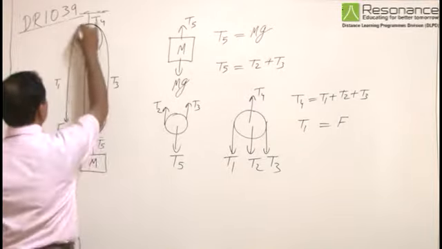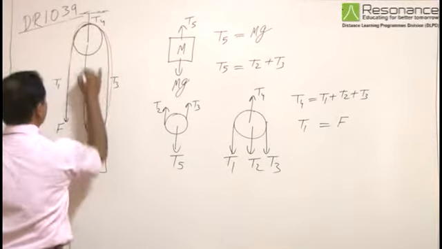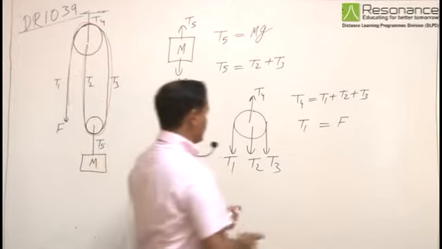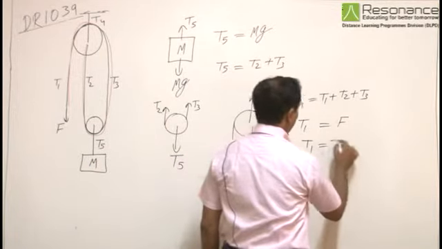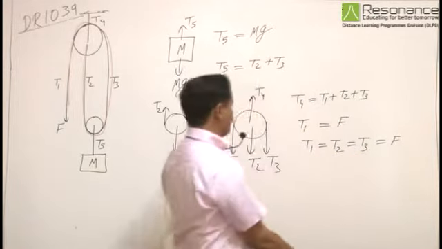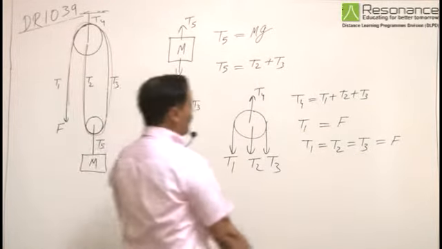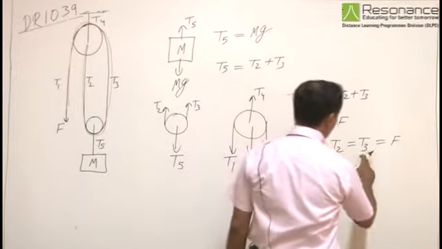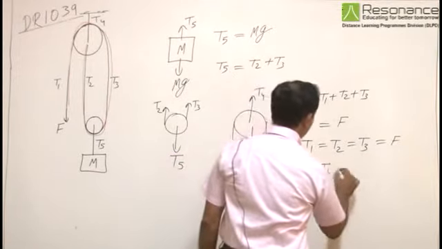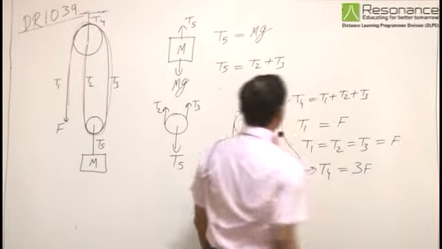So in this whole string, tension is the same everywhere, such that T1 is equal to T2 is equal to T3 is equal to F. So we can write T4 is equal to 3F,